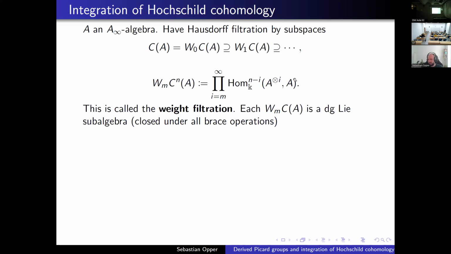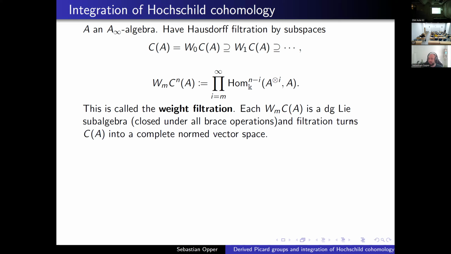Basically, if you plug a function with at least m arguments into another function with at least m arguments, you get a function with at least m arguments. So they're closed under all these brace operations, in particular the composition product, which implies this directly. And if you view them as neighborhoods of 0, they get smaller and smaller, these filtration steps,